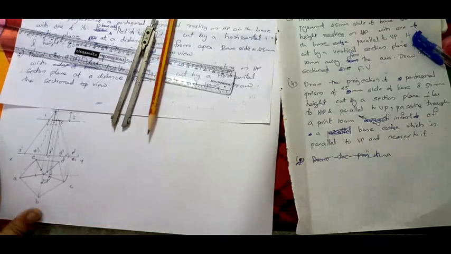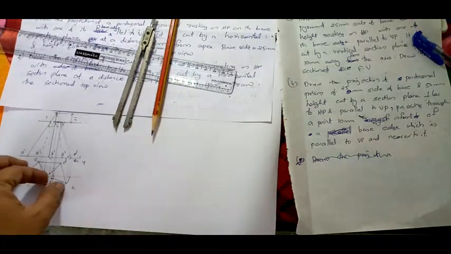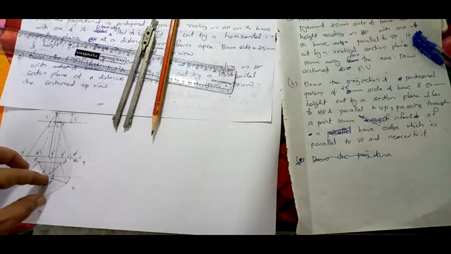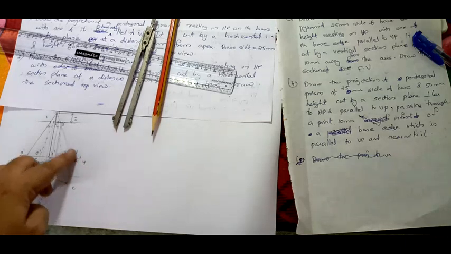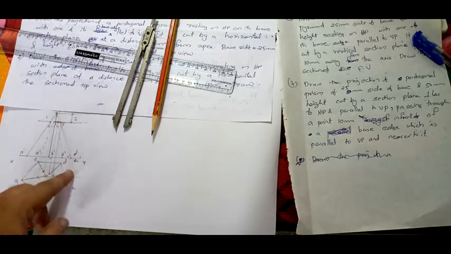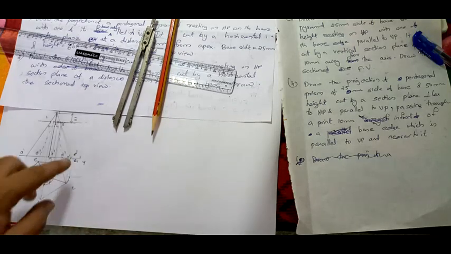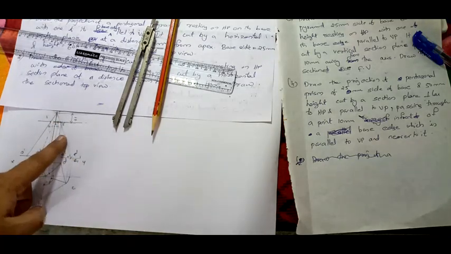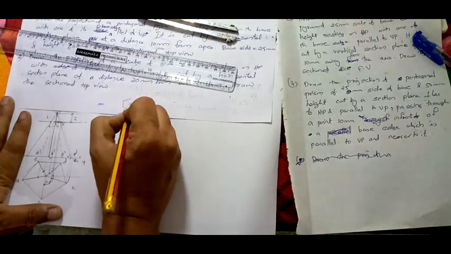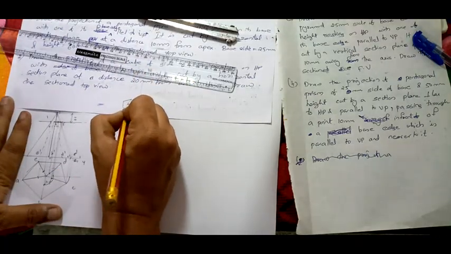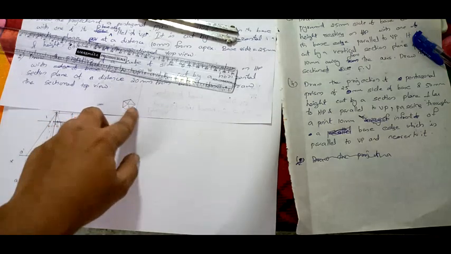Now I will repeat once more. What we have done is, we have rotated and made it parallel, and we have drawn the true length, we have found the true length. If the true length is visible, you need not draw this. That is, if the pentagon is placed like this, what will happen? See, this is parallel, then the true length is visible.